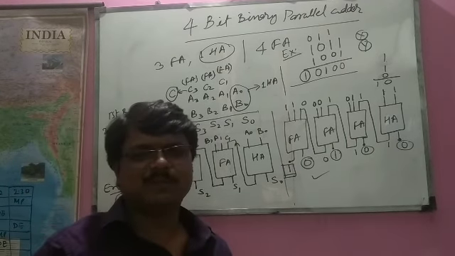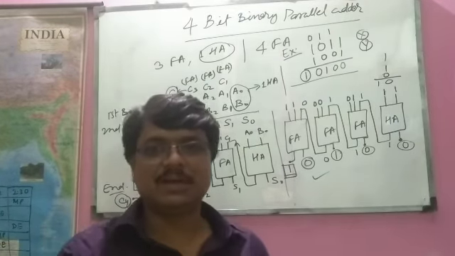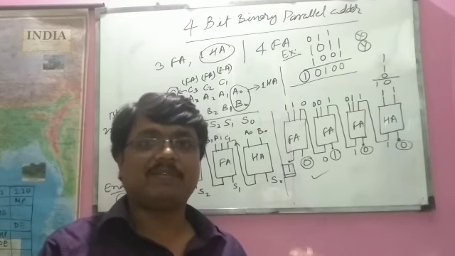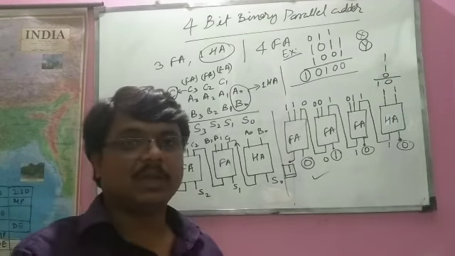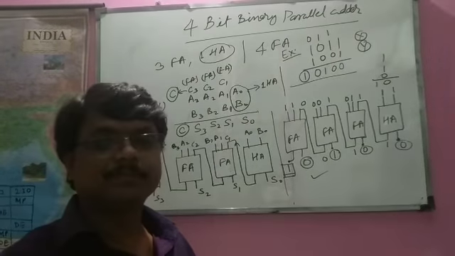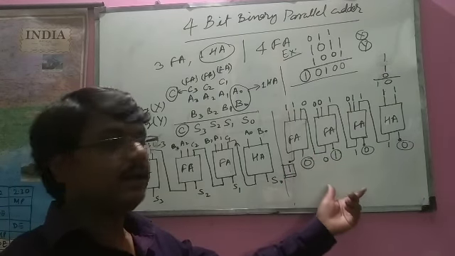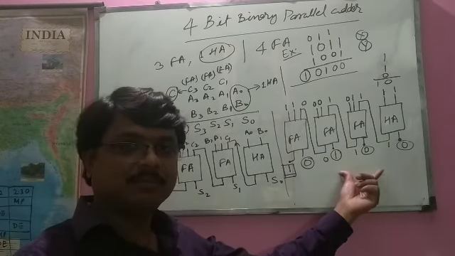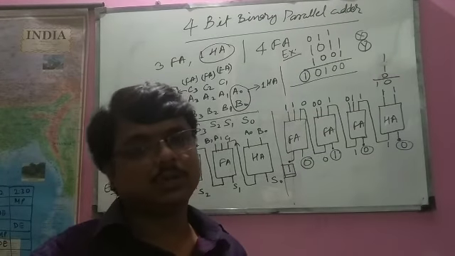Okay. So this is the 4-bit binary parallel adder, and till date we have started from the half adder, and we went to the full adder, and with the help of half adder and full adder we have constructed an adder that can add two 4-bit numbers, and that is real. All these circuits are in your computer system, your mobile systems, your calculators.